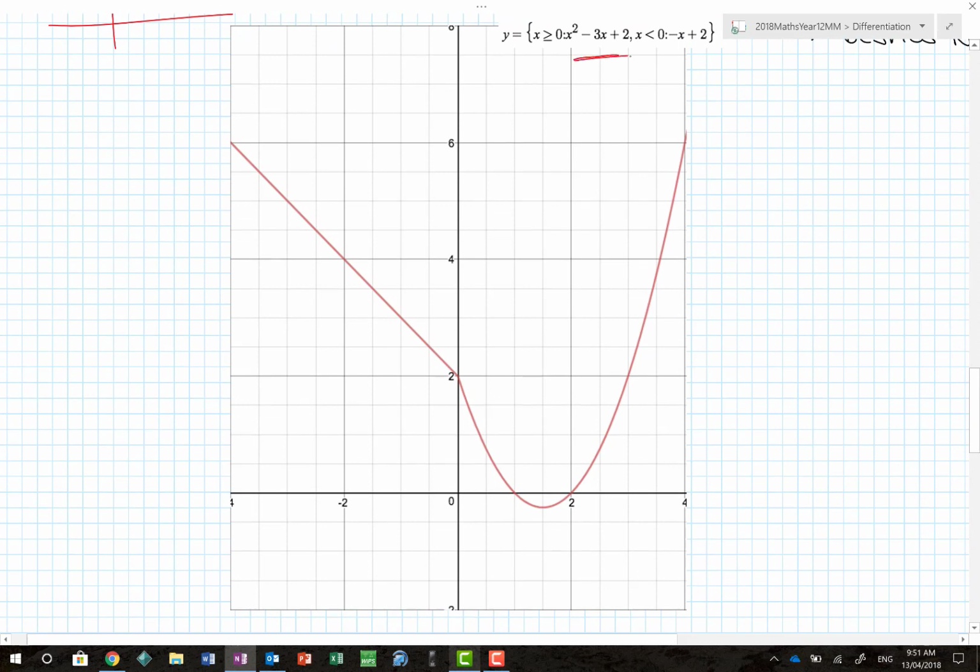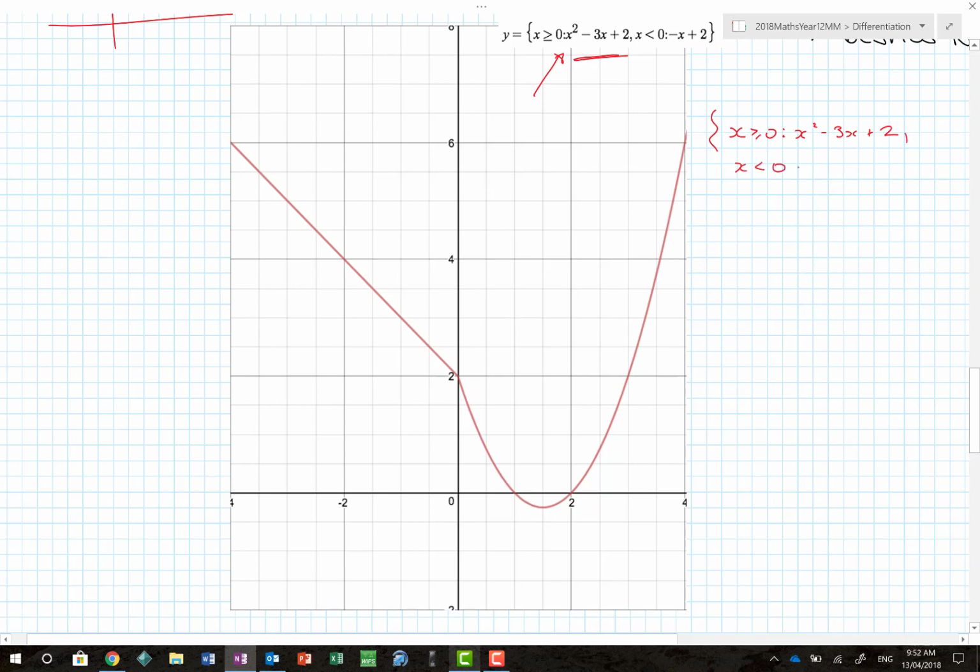Those of you who want to know how to draw hybrids using Desmos, just put this function in here. For some reason with Desmos, you do your curly brackets first: x is greater than or equal to 0, then a semicolon, and then you put the function x squared minus 3x plus 2, and then you put a comma, and then